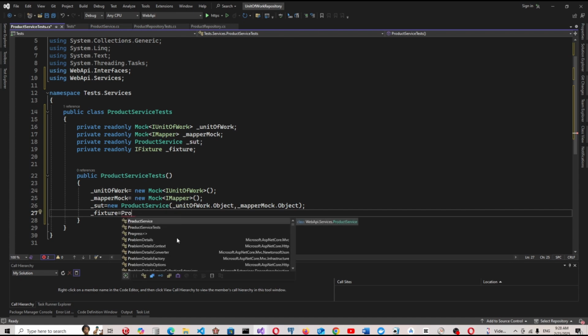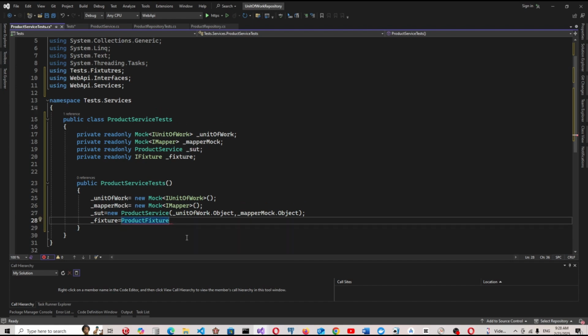Remember, we have the customized fixture instead of the general one I created. So this is our product fixture,